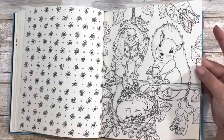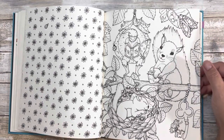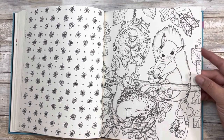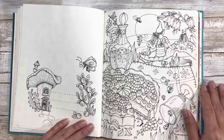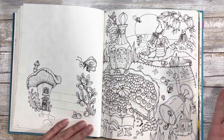Squirrel. Because of the tail, I'm thinking that's a squirrel. Those are not indigenous here. Apparently, squirrels are really mean, but I always thought they were kind of cute. But yeah, squirrel page. Oh, wow. Wow, wow. So on one hand...